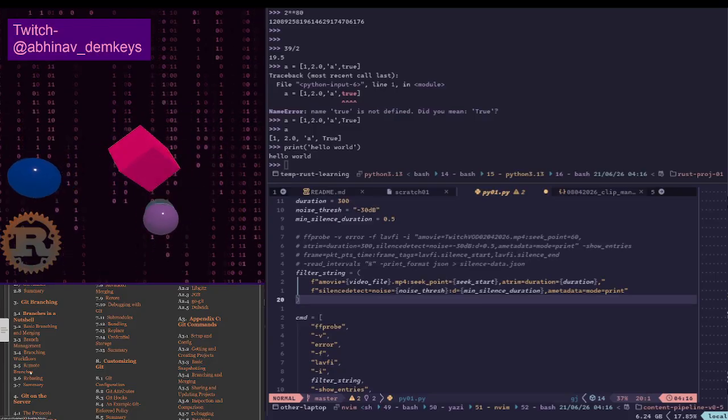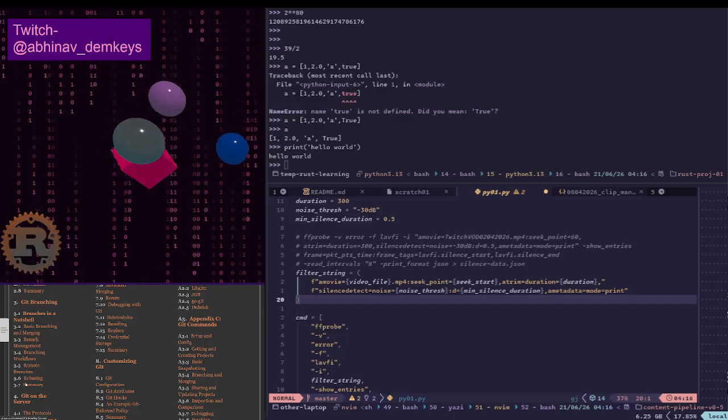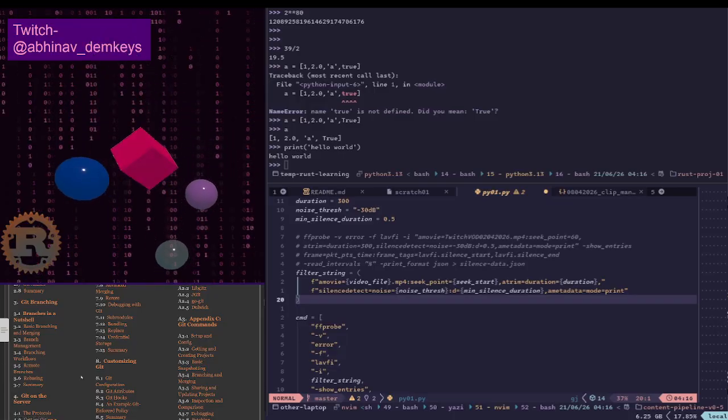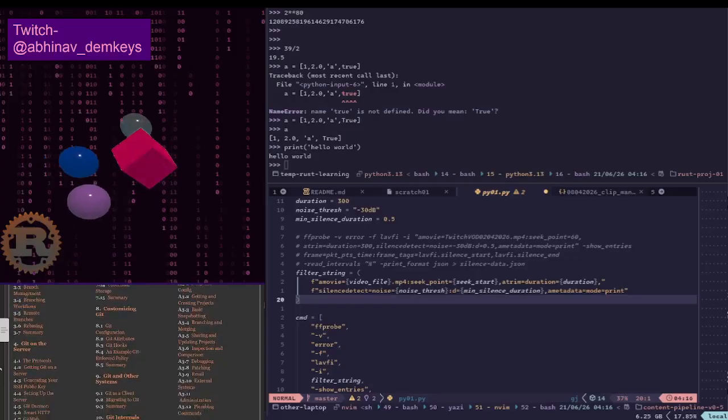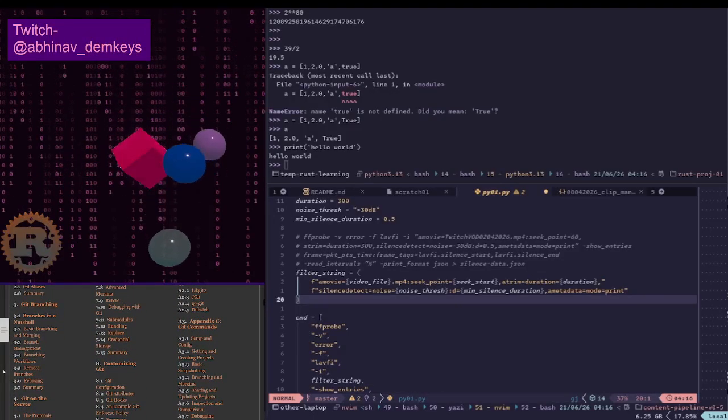Also, rebasing. I've never explored this. I have no idea what this is all about, so I want to explore this as well. I think past that point, we will be ready to get back to